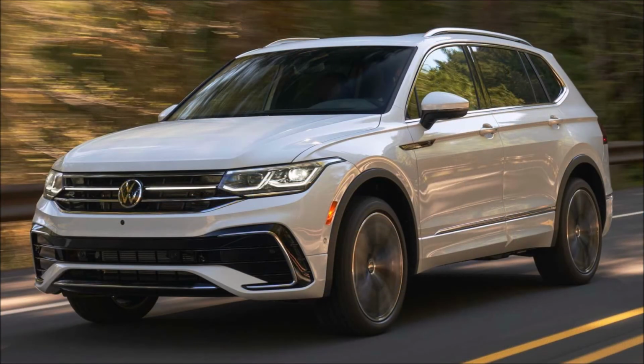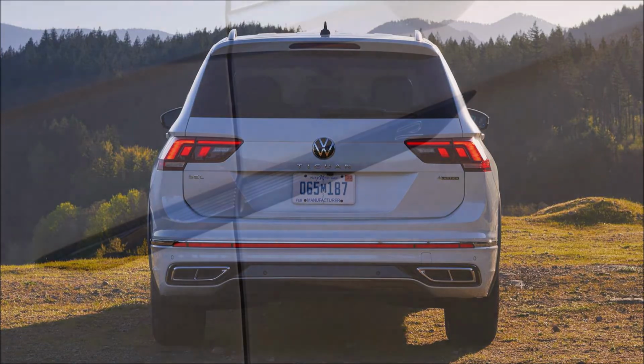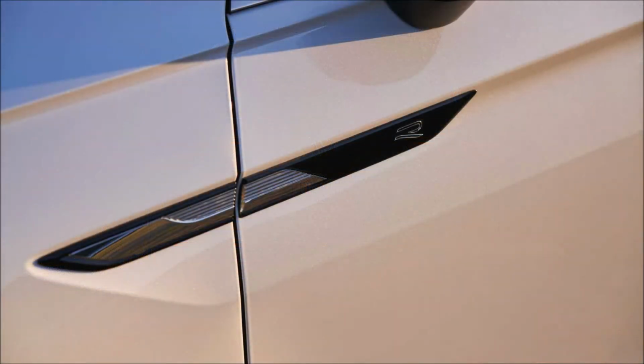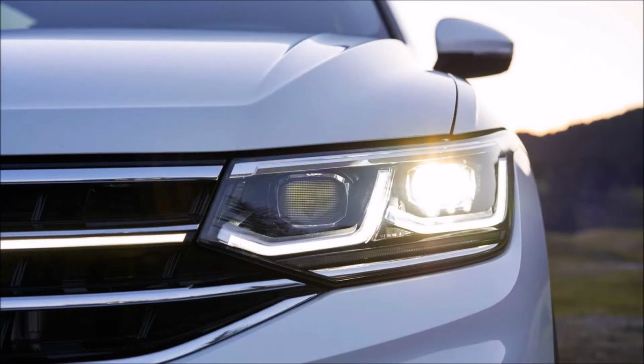And finally, Volkswagen is offering more technology as standard in the updated Tiguan. In Europe, that means that the multifunction steering wheel, light assist, online services, adaptive cruise control, and autonomous emergency braking are all standard. In North America, forward collision warning with autonomous braking and side assist are standard, with Volkswagen's wider